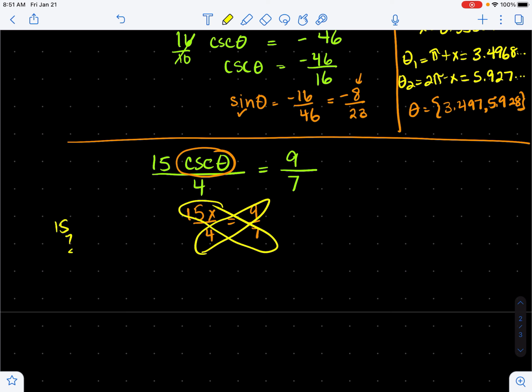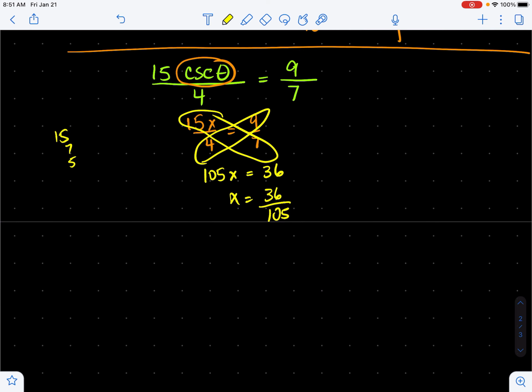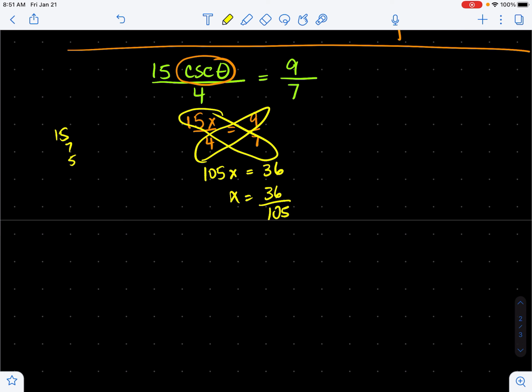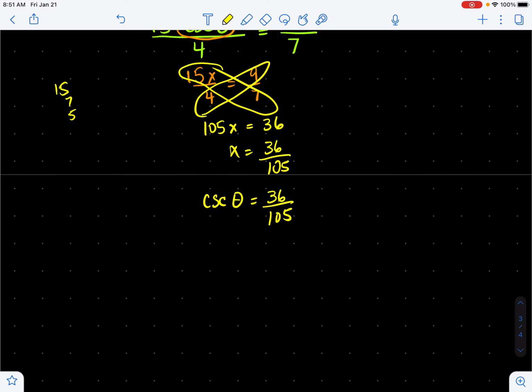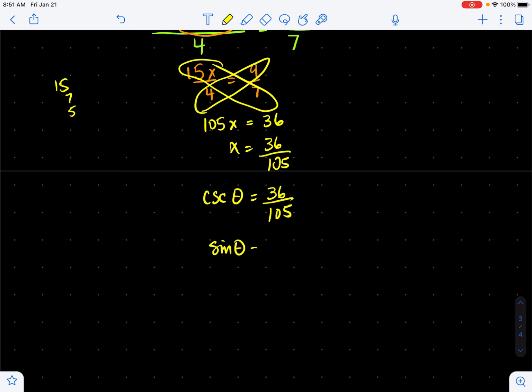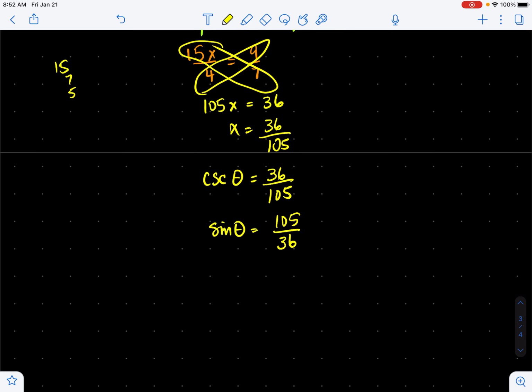15 times 7, 105x, and 9 times 4 is 36, and x is 36 over 105. I'm not going to worry too much about simplifying it, but it's time to bring back the cosecant theta, 36 over 105, and you can clearly see this needs to be changed into a sine problem, reciprocating everything. What happened here is, let me make sure I did it right. Yeah, I did do it right. So 105 divided by 36